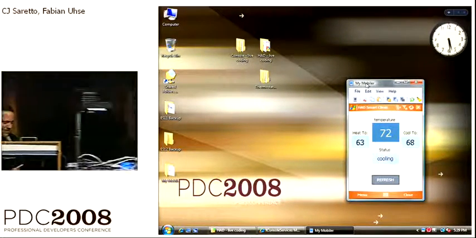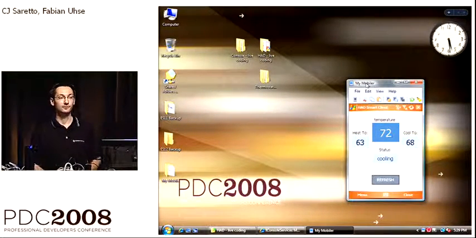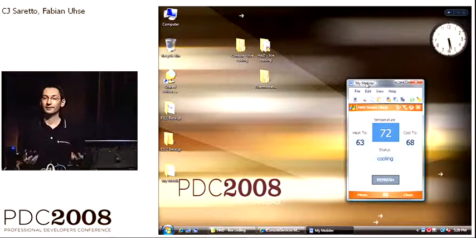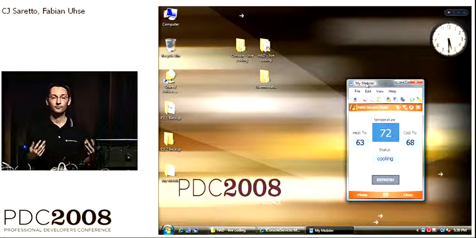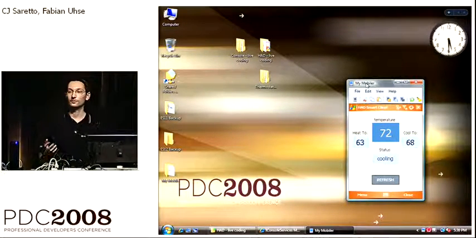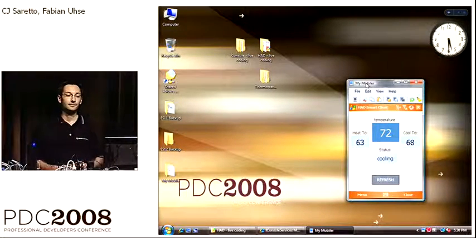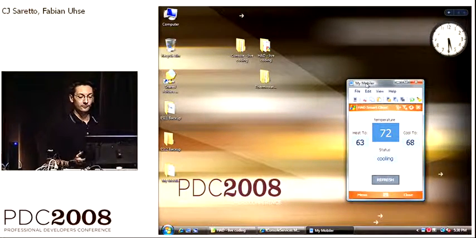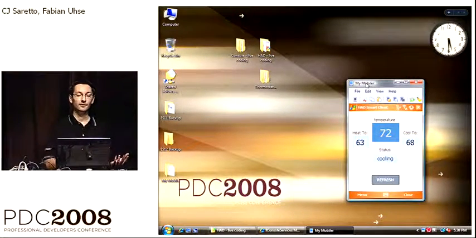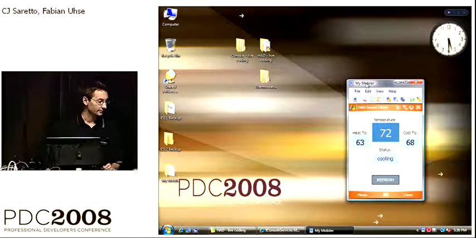So, what is actually behind the implementation model we used here? What is the role of Windows Home Server in that? Because it's a really essential one. You need to have 24/7 availability of all the services in your home. And that's exactly what the Windows Home Server is meant to be. It's an always-on device, as CJ already told, and it is a reliable device. So what we do is we stand up a long-running service on Windows Home Server, and we stand up another,